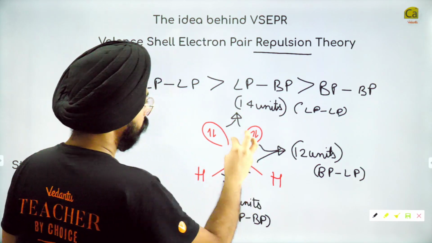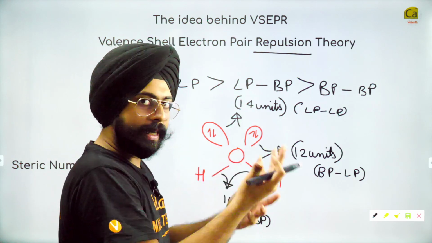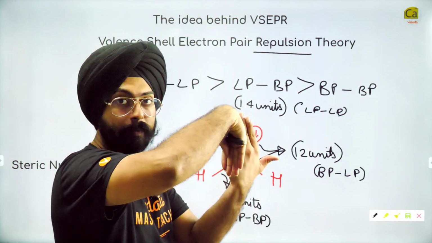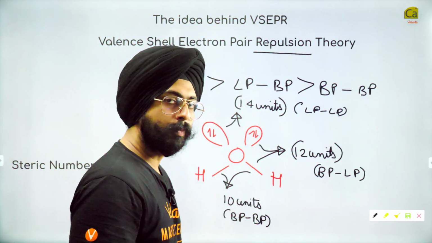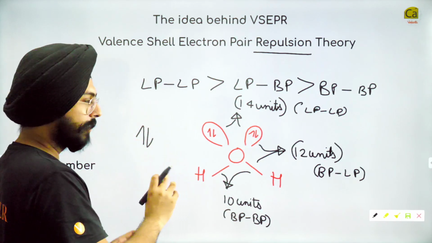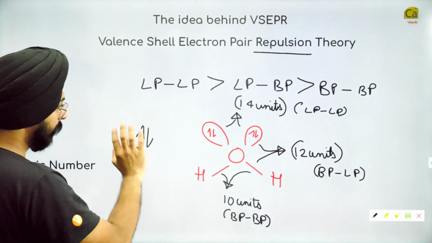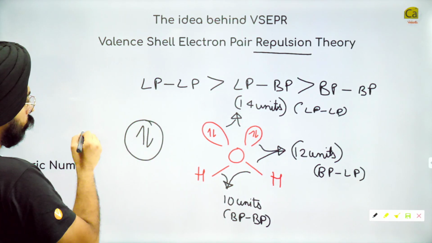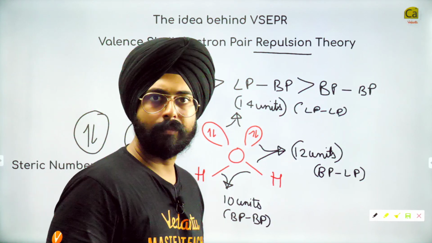See, what are these? These are pairs of electrons, and you know that electrons exist as pairs because they are spin paired with each other. One will have plus half spin, the other one will have a minus half spin. So when these two electrons exist together, they are fine inside one specific orbital. They will exist and they are fine. But when one electron pair comes close to another electron pair, do you realize there will be a repulsion?